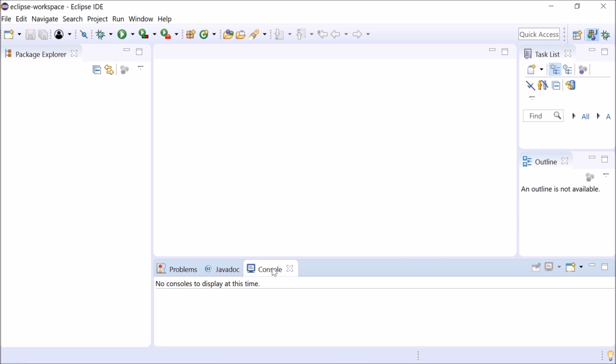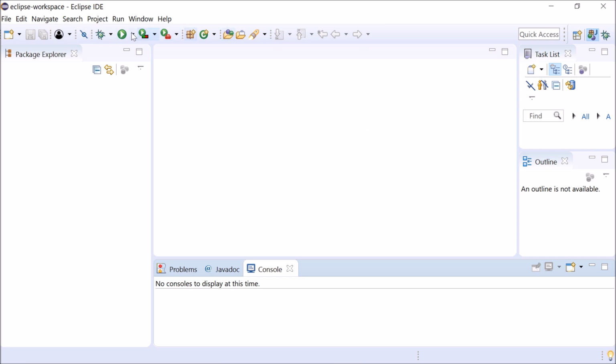Talking about the outline, it will detect the class in which you are working. I will show this when I execute our first program. And this task list is basically used for multitasking and for synchronization purposes.